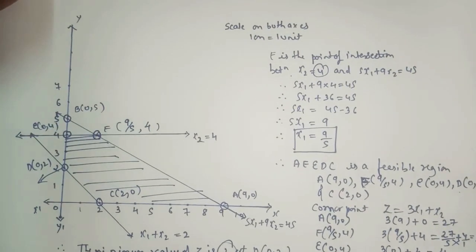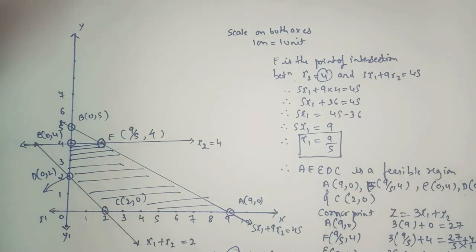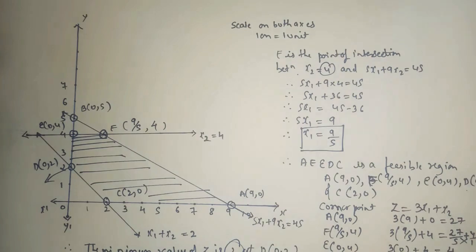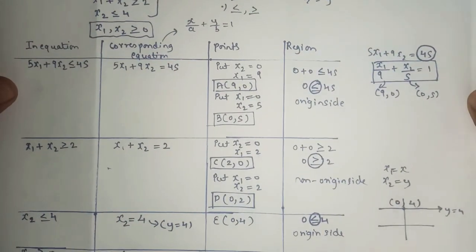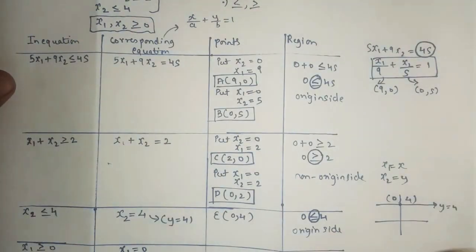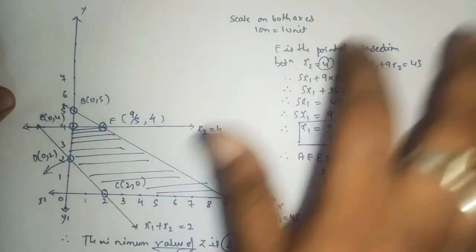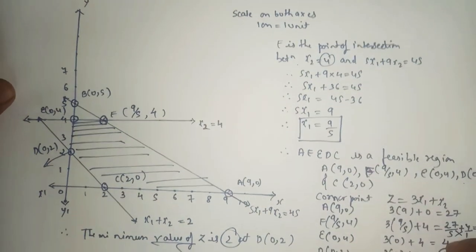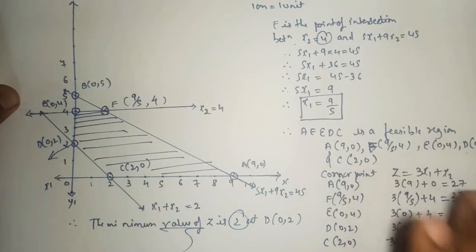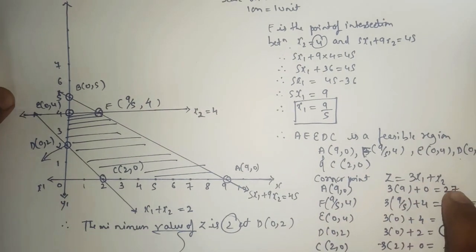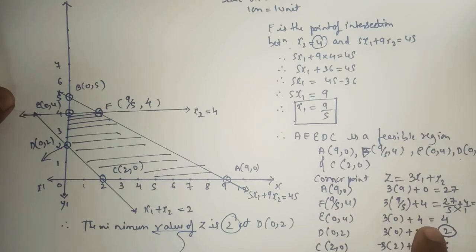As I told, if you're getting the perfect feasible region, so you will get the perfect answer of z. So that's the end of the sum, we can say. I hope you all understood how to present the sum. The first step will be a table, then graph, then find the answer for the point of intersection, write the feasible region, put the value, you will get the answer. If it says the maximum value, you will take the bigger value. As it says minimum, so you will take the smaller value.